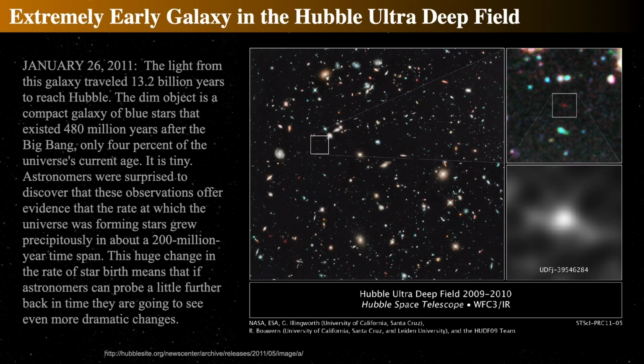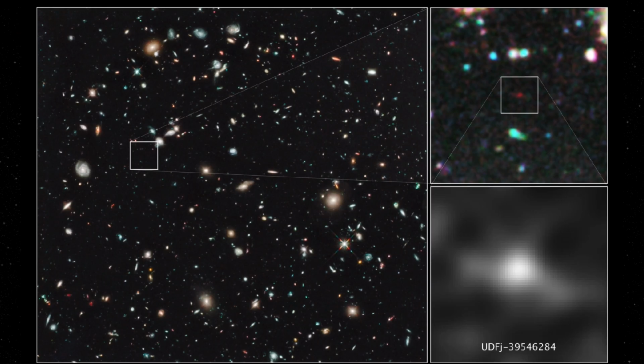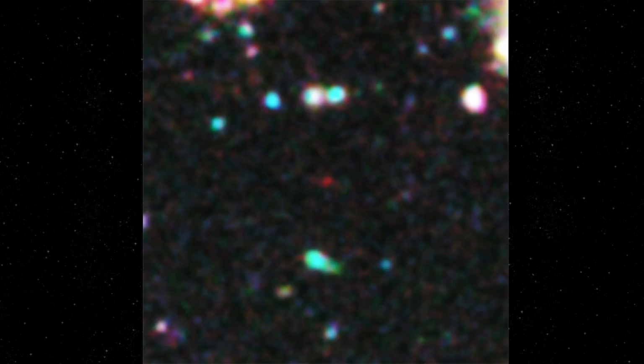So let's zoom in and take a look at what this ultra deep object is. It has the highly enjoyable name of Ultra Deep Field J 395-46284. Okay, that's not very illuminating. This was done by Illingsworth at Santa Cruz and Bouwens, Hubble Ultra Deep Field 2019. And so we can zoom in and see this little bitty tiny red dot, which is this ultra high redshift